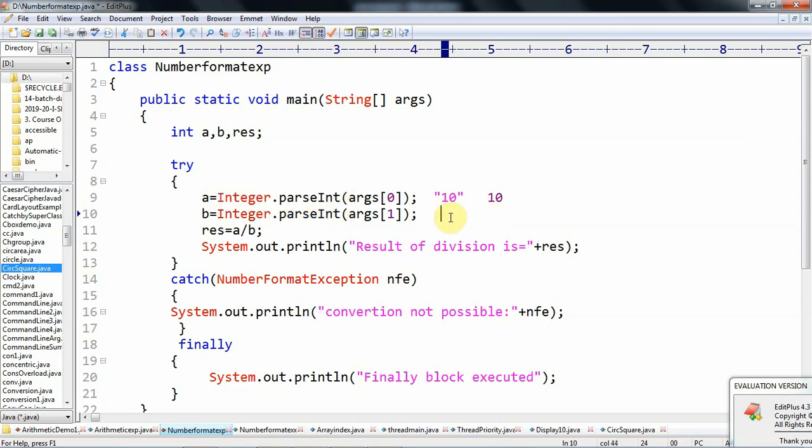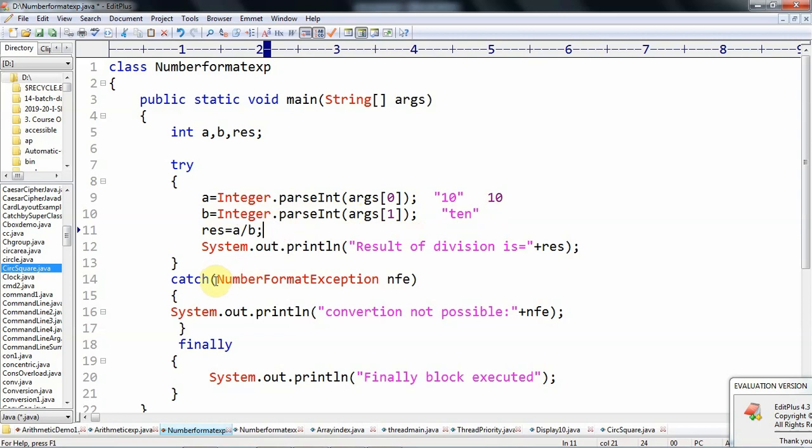Suppose we want to convert 10 written as the word ten. If we want to convert this string by using Integer.parseInt, that is not possible.